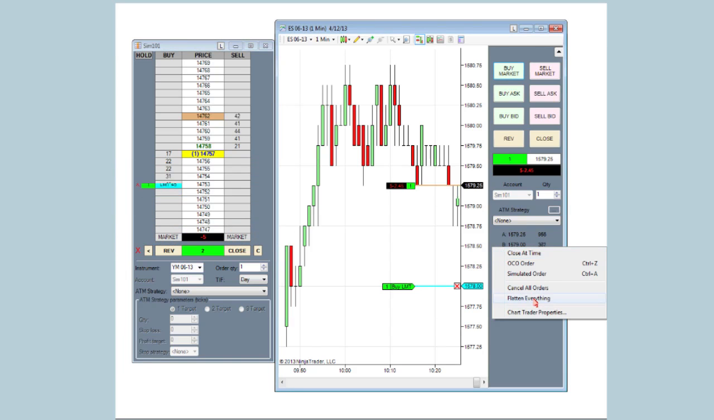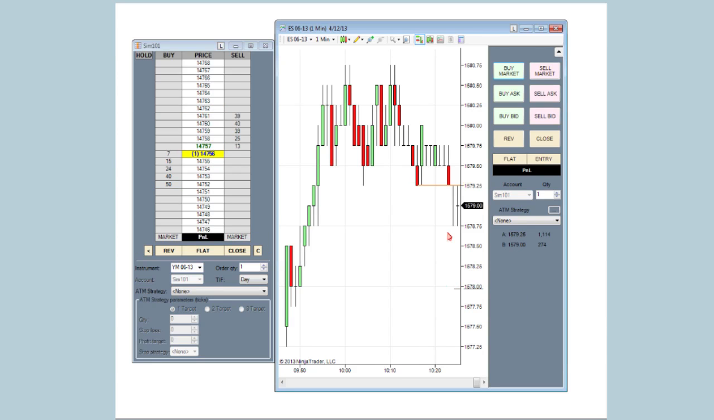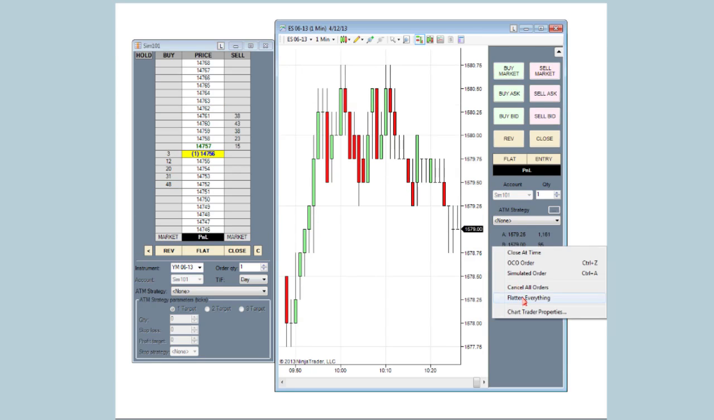And if I right click and select flatten everything, this will then close all my pending orders and open positions throughout NinjaTrader. As you can see, after selecting the flatten everything position, I'm now back to a flat position, and my pending order has been canceled on the ES, and my pending order and open position have also been canceled